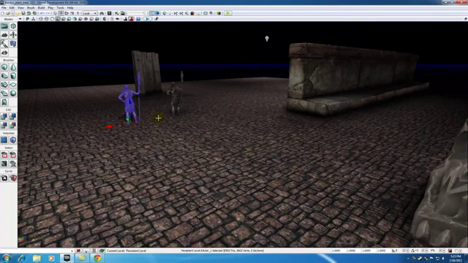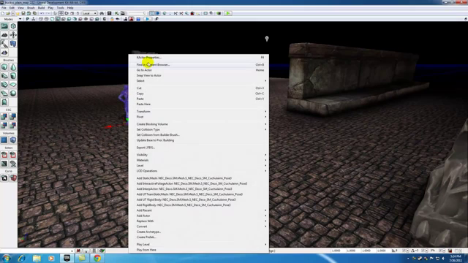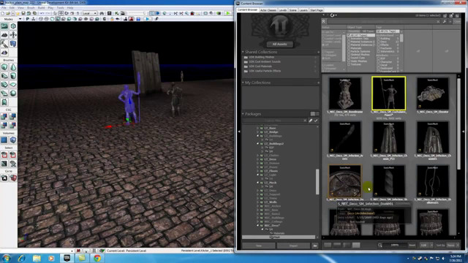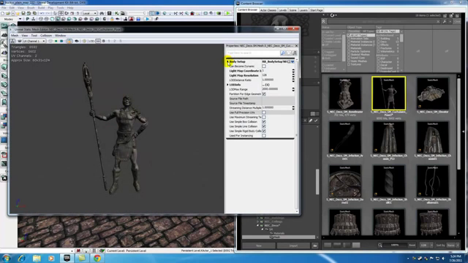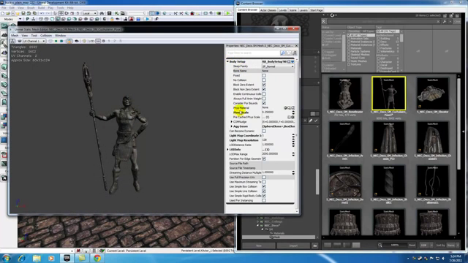But if you think we're done covering properties, then hold your horses, because we have not even begun to cover all the properties. Go ahead and right click this and hit Find in Content Browser, and go ahead and double click this right here. Now I've got to talk to you guys about all these properties as well. I'm actually going to talk from this one to this one, since all these ones are something we're going to be covering later on. But I'm going to be covering all the properties in the body setup real quick